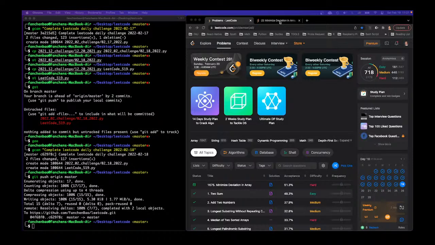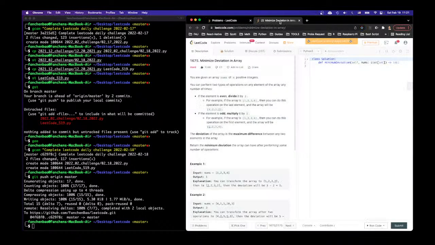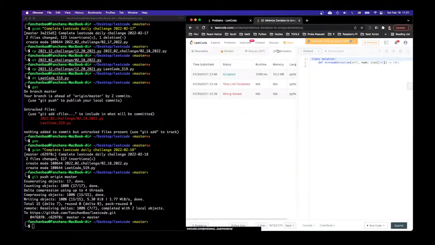Alright, minimizing deviation in array. It has a 51% passing rate, so I kind of think it's not too hard. And based on the fact that I upvoted it, it must be something I've done before, which, if you take a look, was not that bad. Look at this. Wow, that's like a year ago. January 30th,